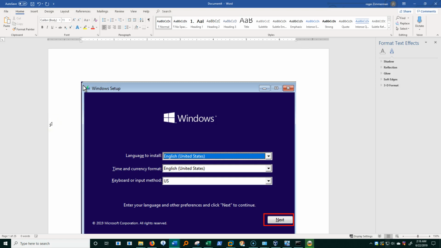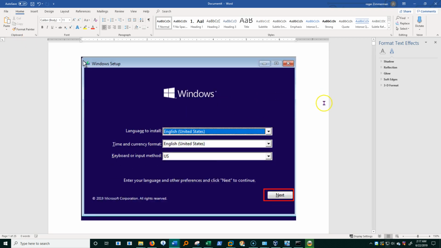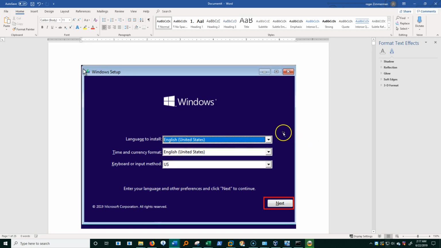I'm going to step through the screens where I had to respond to things as I installed Windows on my virtual machine. So rather than making a video of it doing it live, which would take more time, I thought it'd be just as easy to show you what I clicked on each interactive screen as I went through the installation of Windows. The first interactive screen I came to was this one, and of course I chose English language,